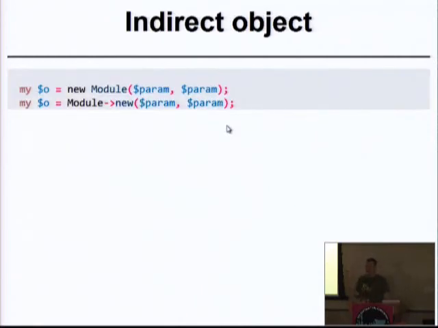This is something that's my pet peeve. The indirect call of objects, the upper one, works in most cases, but not always, so I prefer to write it the way it's in the lower, second one. That could probably be an easy refactoring, just rewriting all these things.